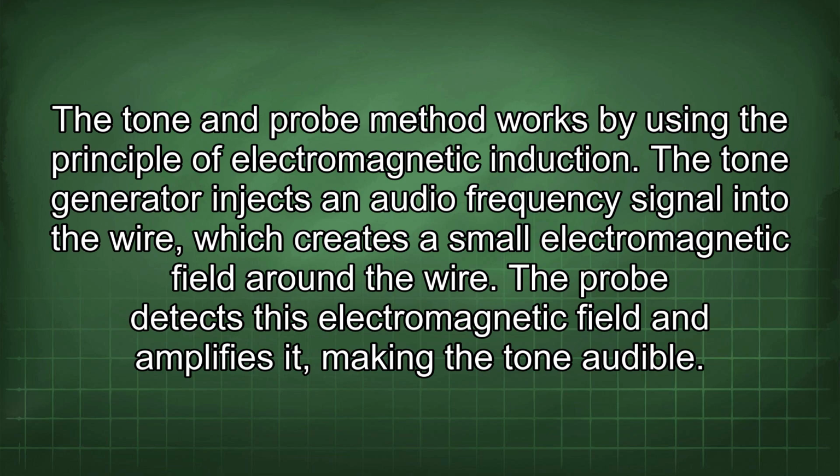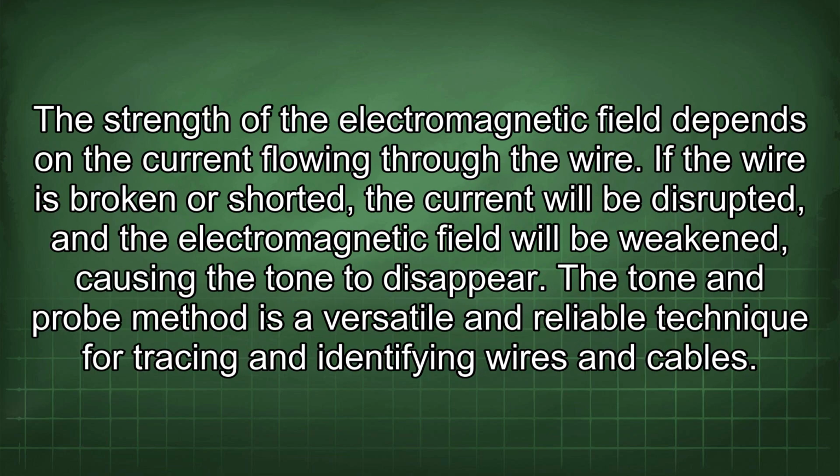The tone and probe method works by using the principle of electromagnetic induction. The tone generator injects an audio frequency signal into the wire, which creates a small electromagnetic field around the wire. The probe detects this electromagnetic field and amplifies it, making the tone audible. The strength of the electromagnetic field depends on the current flowing through the wire. If the wire is broken or shorted, the current will be disrupted, and the electromagnetic field will be weakened, causing